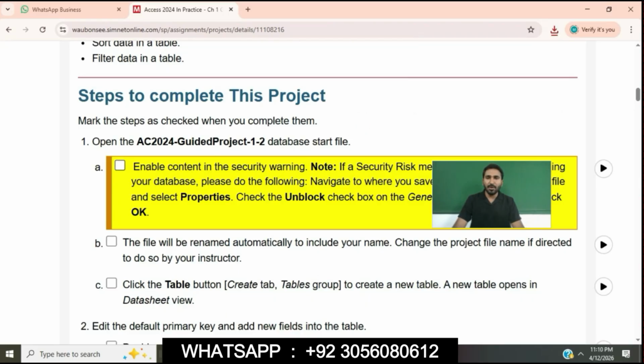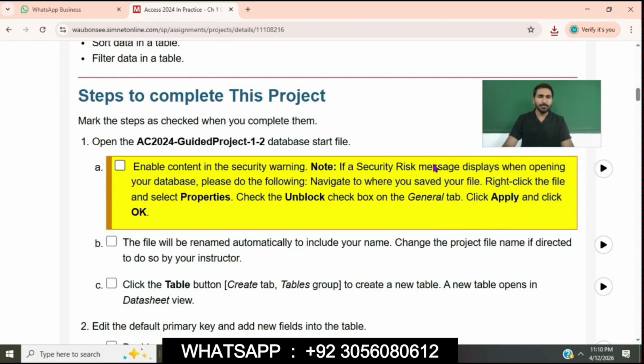Follow these steps to complete this project, marking each step as checked when you complete it. Open the SS 2024 guided project 1-2 database start file. So the next point is